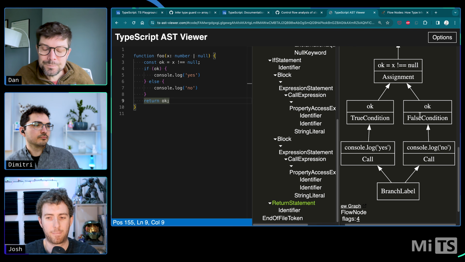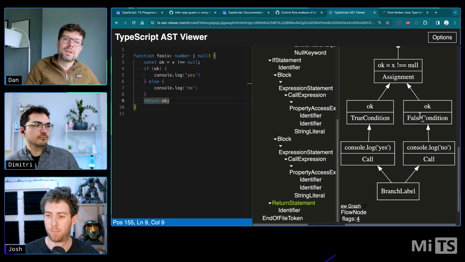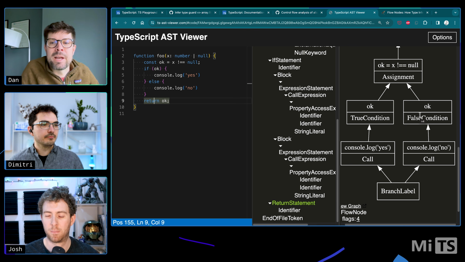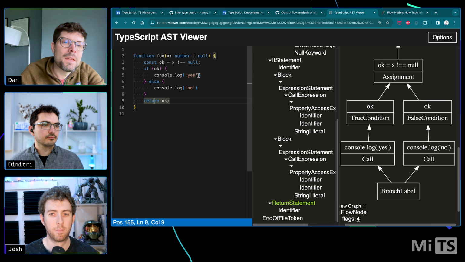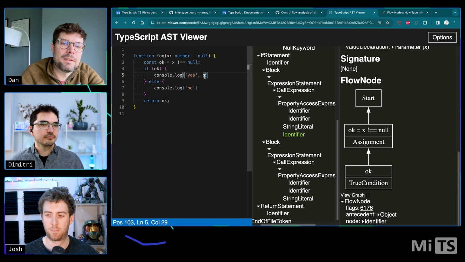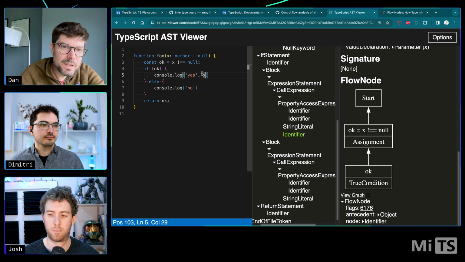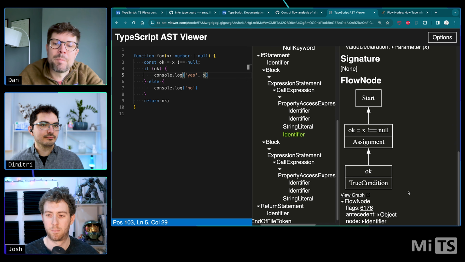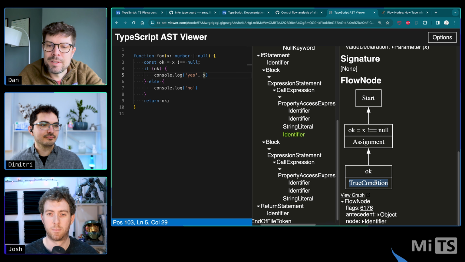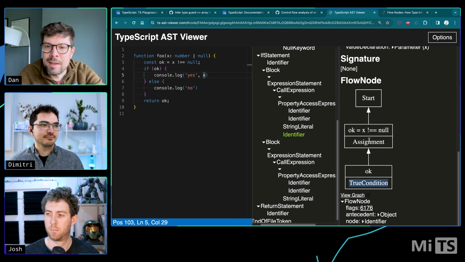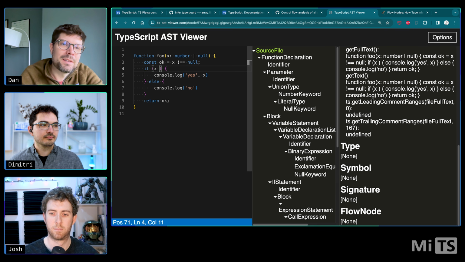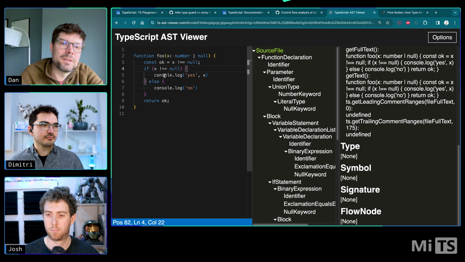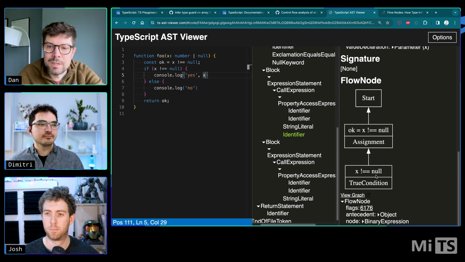And so when TypeScript is doing control flow analysis to figure out the type of a symbol, what it does is it traces back up through this flow graph, and it sees, okay, I'm in a true condition, and maybe it's easier to see if you do this, but it sees it's in this true condition,